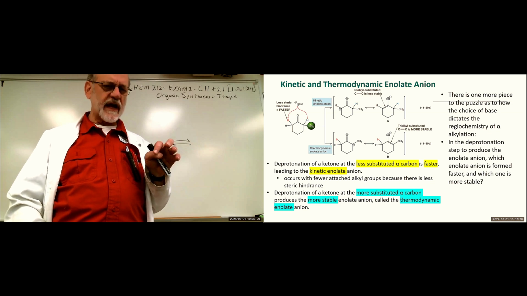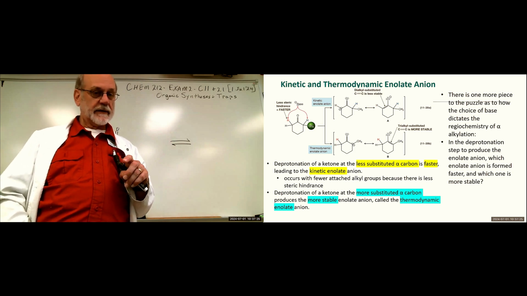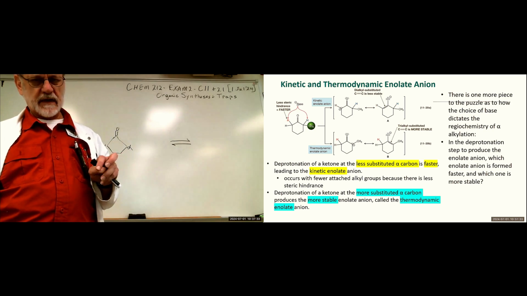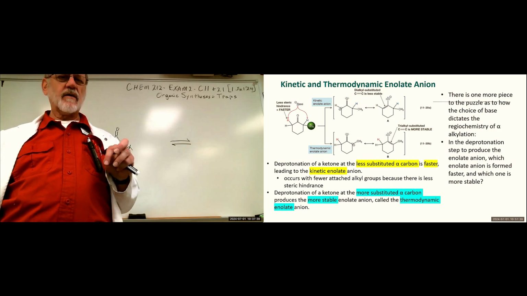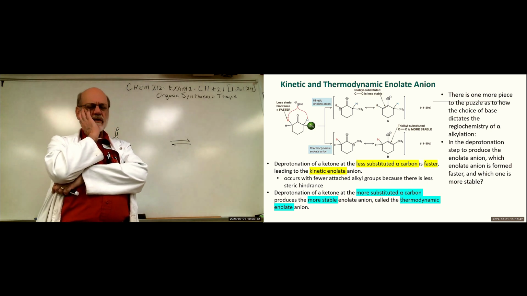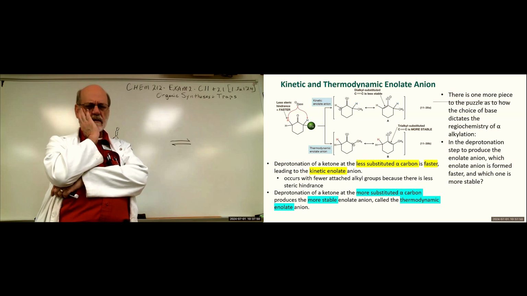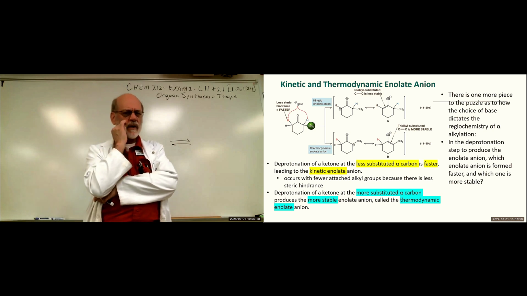It occurs with fewer attached alkyl groups because there is less steric hindrance. So steric hindrance does play a part. Deprotonation of the ketone at the more substituted alpha carbon is more stable. The energy barrier is very low for the thermodynamic formation of the enolate. If the energy barrier is low,